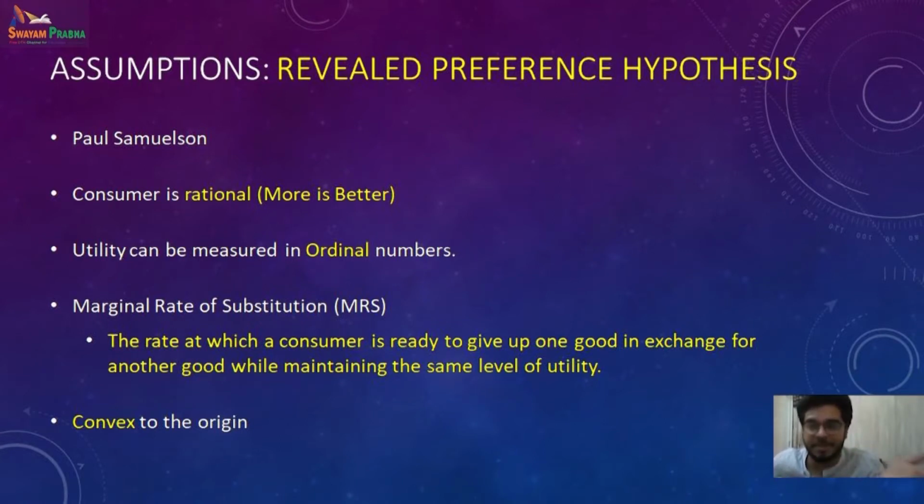In economics, we say rational. In general terms, or in a cruder way, we say selfish. Every single individual thinks that whatever is available, if it is given to them in a larger quantity, they are happy to get more of it and they are gaining more satisfaction. So more is better. Every consumer wants to get more and more of any commodity.